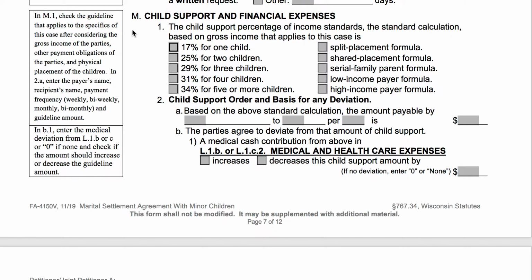All right, so we're going to hop into the child support section. And first, I'm going to answer the question that I get probably the most from people. A lot of people will say, you know what, we just want child support to be zero. We can skip this section, right? No, unfortunately, you still need to fill this in, even if your ultimate goal is to agree for child support